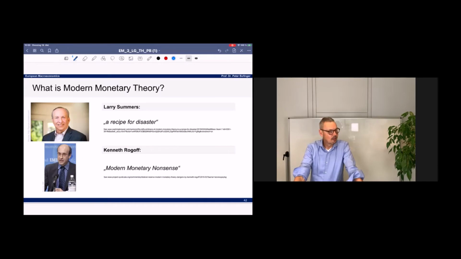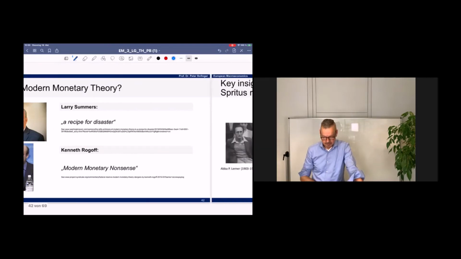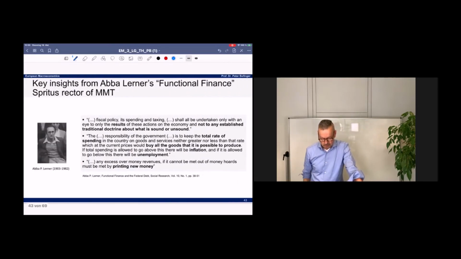I must say, I have also presented these models quite often in my life, and I somehow had the feeling that maybe one should discuss where the money comes from, but it's not something that is explicitly discussed. I would say the merit of modern monetary theory is that it discusses the financing of government expenditures. And so what is modern monetary theory all about?